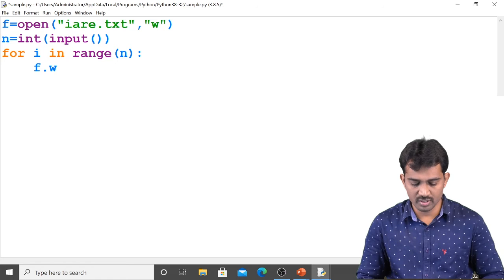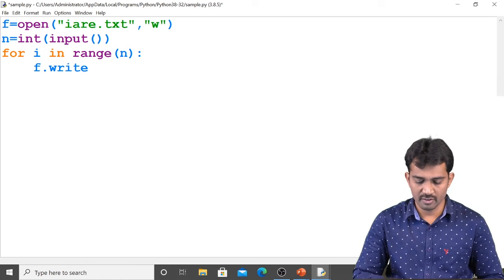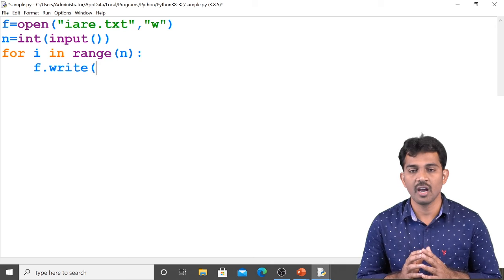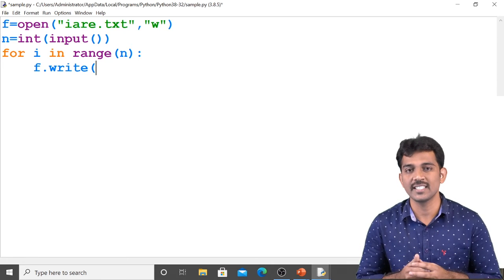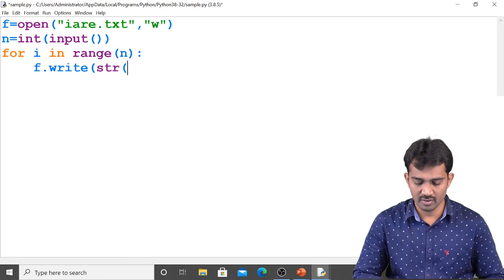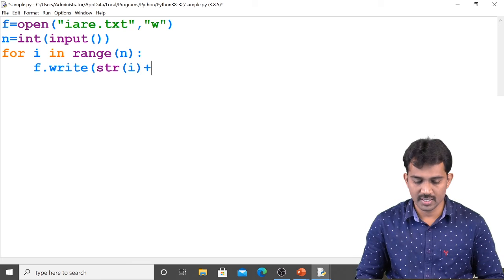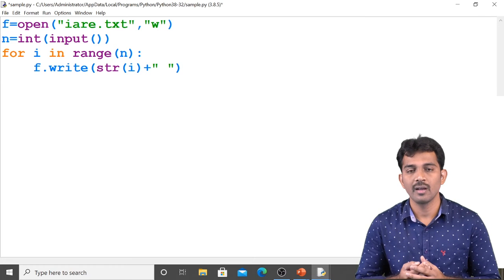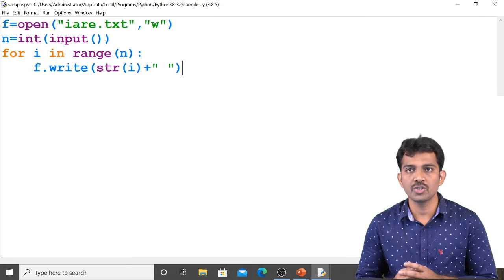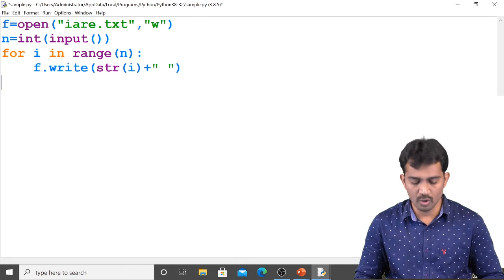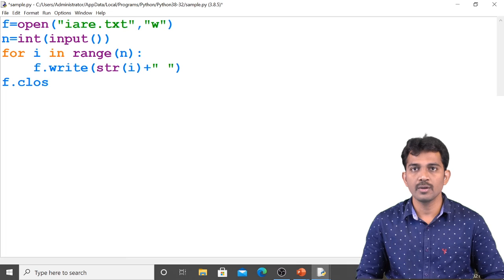After that, I just use write of. See, the write method is applicable only in the string format. It doesn't allow integers. So you should convert the number into the string. str of i plus. So each number you need to separate with the space. That's all. If you run this code, and after that you need to close the file. It is a good practice.